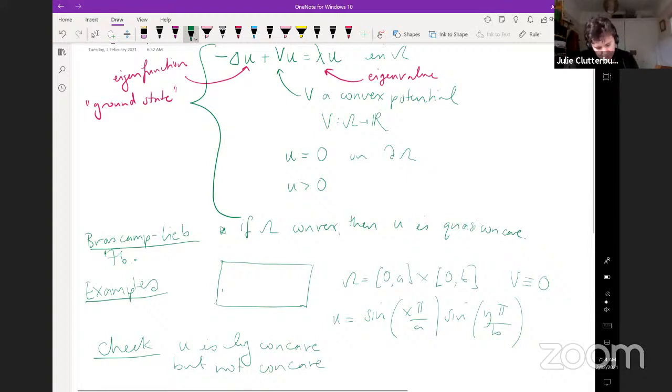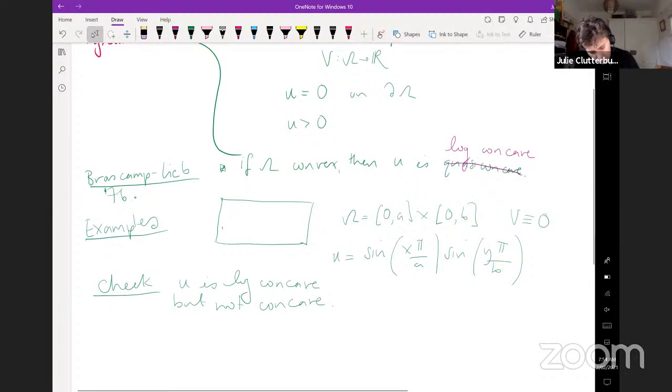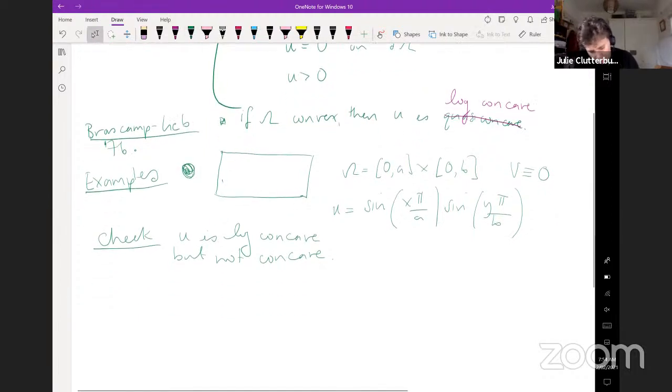And just now that I've written that, I realize I've somewhat undersold Brascamp-Lieb's result. Maybe I write the stronger thing here. u is log concave, and hence quasi-concave. And another similar example here is